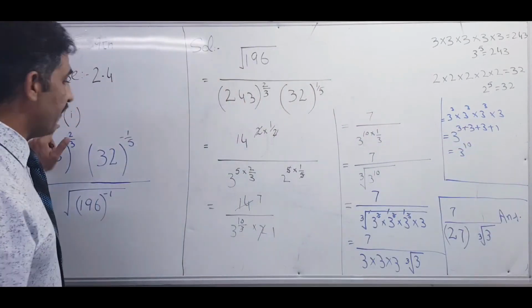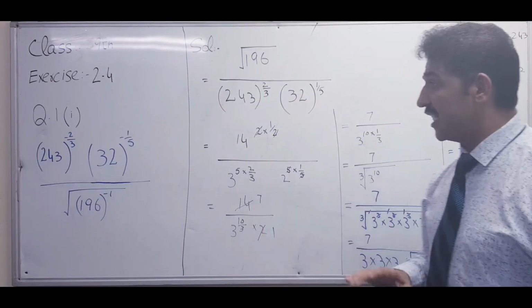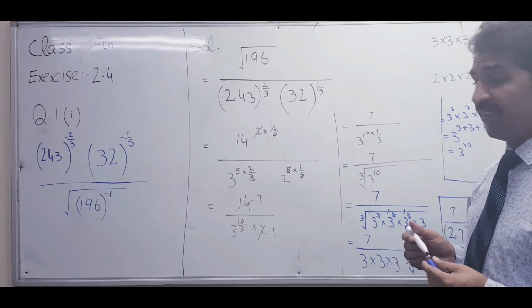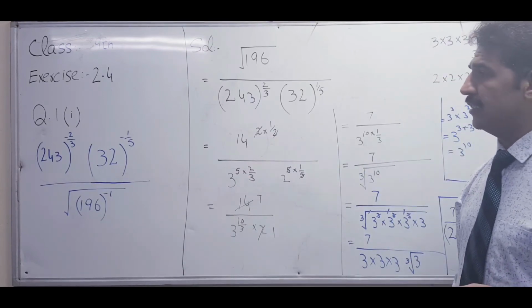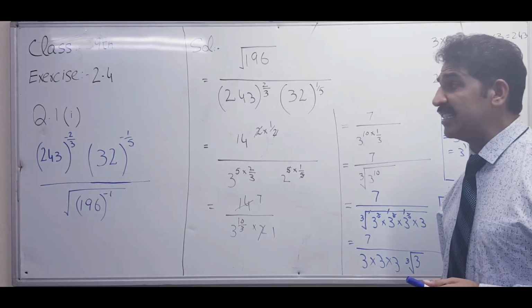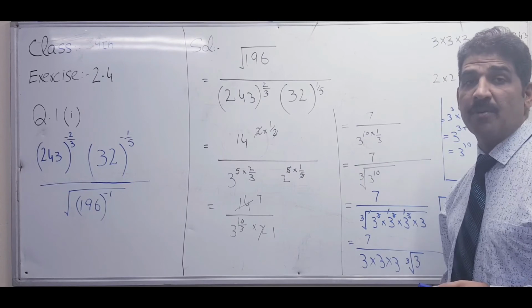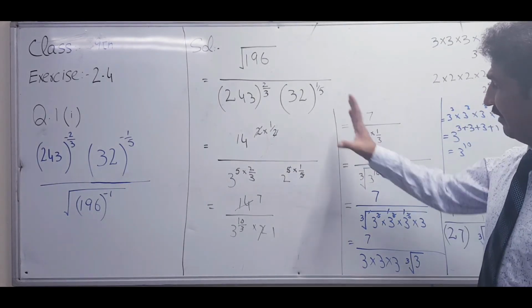Which part? That is the first part of this exercise 2.4, first part. I explained the other parts first because they were simple. But the first part and its fourth part and question number 3, first 2 parts, first and second, all are important. These 4 parts are very important. So I will explain them one by one with lectures.